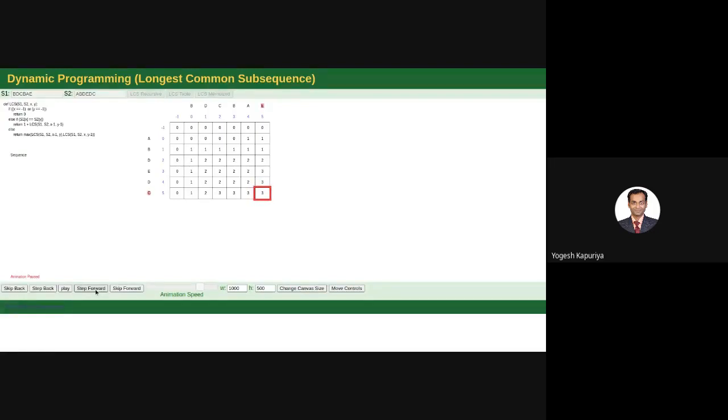So this is how you can build the table, and then in order to generate a sequence, this is a traceback approach. So we'll see the arrows. Actually here the arrows are invisible, but this is how it's to be derived. We'll see one more example that can give you the idea. We'll see another tool where the step-by-step evaluation is not possible, but they are showing the arrows actually. So let me show you that.